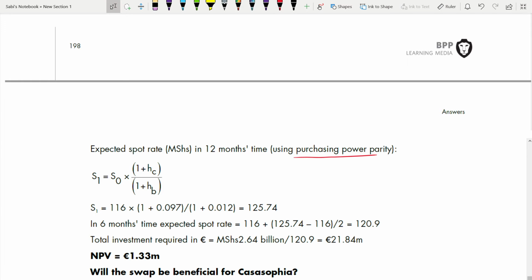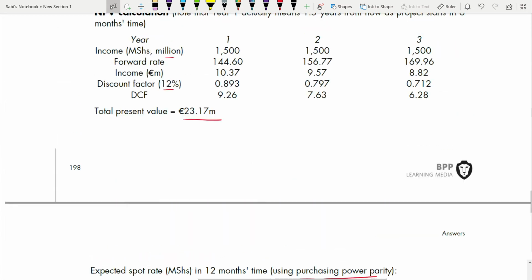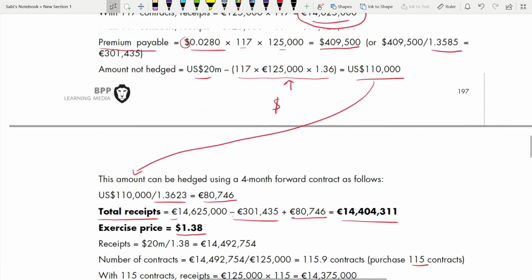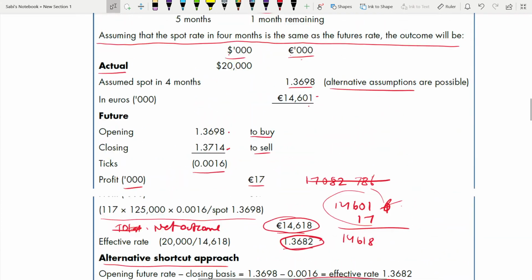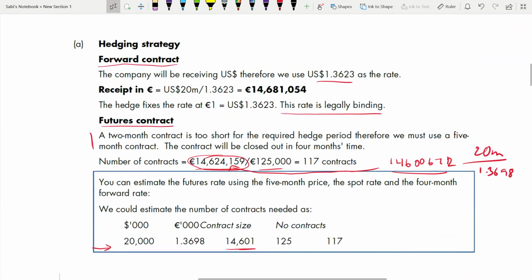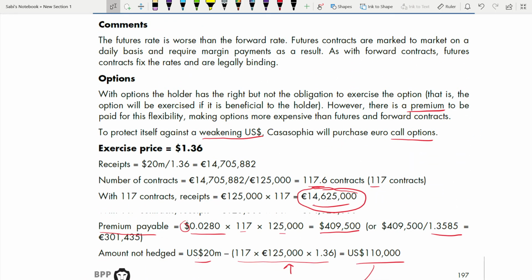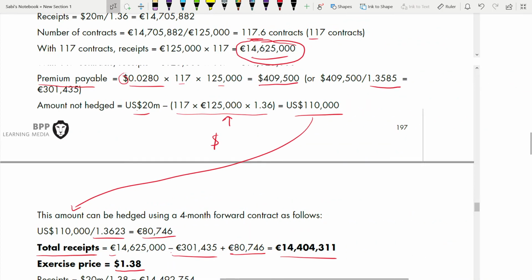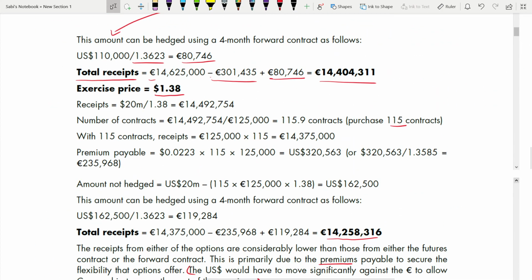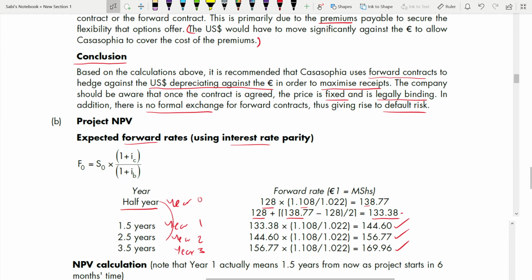The reason I'm giving you is, when forward is there, look at the formula for interest rate parity. We'll go to interest rate parity first. You need to be very clear with your concepts. Yes, this one. So here the formula is forward and spot. So that means if you have the interest rate and you have the spot, forward, you can calculate, right? That means basically the expected spot rate. But